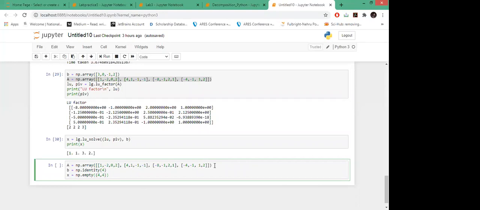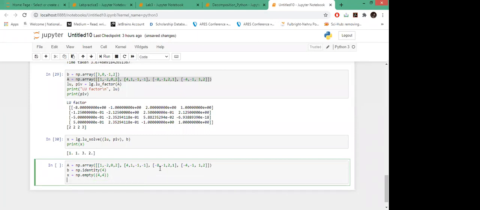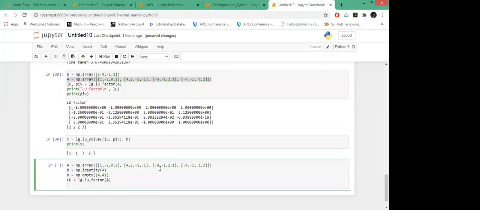Let's see. LG dot. I will first call this LU factor that I used to, A, and then I will use the solve.